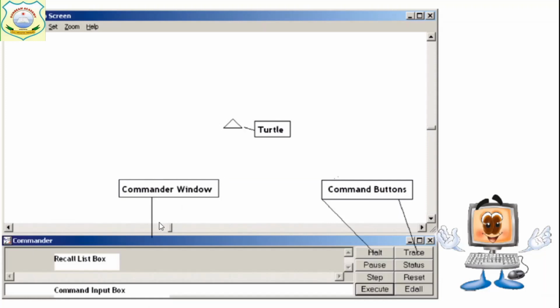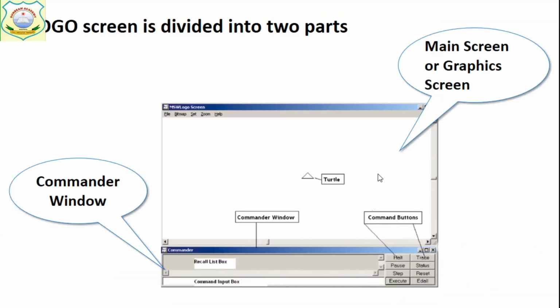Upper is main window and lower portion is commander window. Commander window is further divided into two parts: recall list box and command input box. Okay, and here we have the command button. Just see, the logo screen is divided into two parts. Which part? Main screen. Upper portion is main screen and lower portion is commander window.